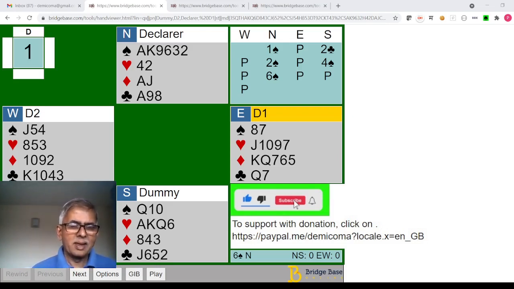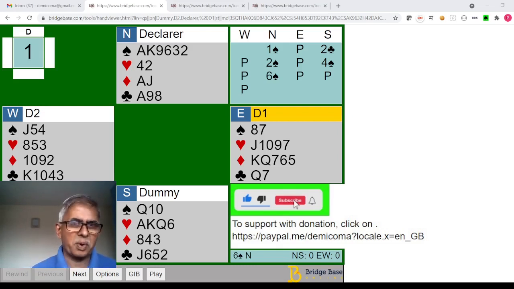As I said, I posted this hand as a double dummy problem, and a double dummy problem in bridge is like a quiz, like a puzzle. You're looking at all the 52 cards and you have to find the line of play. A line of play, maybe one or two or more, or maybe only one line of play that works for the given layout. Usually, you don't ask questions as to why the bidding was such and such, the lead was such and such. So, that is the nature of a double dummy problem.